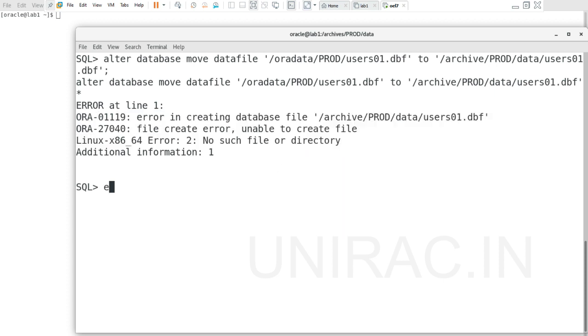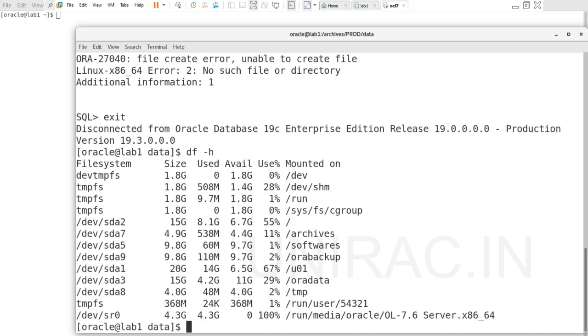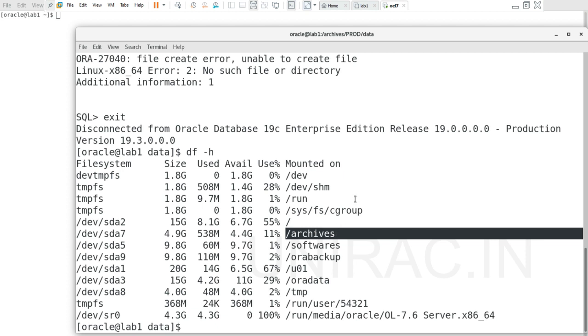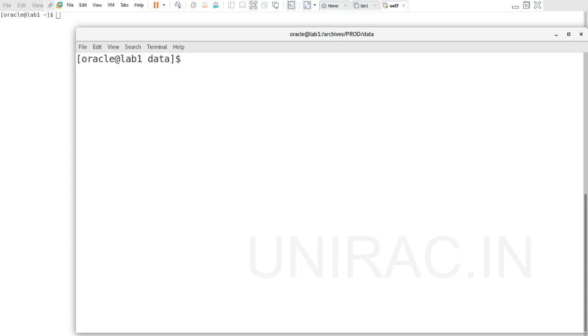Correct it, or if you still have doubts, you can verify that it's still archives. So in these cases, it's better to keep a notepad, verify every character, then copy and paste, so that in production systems there will be no issues and we will not face such errors.